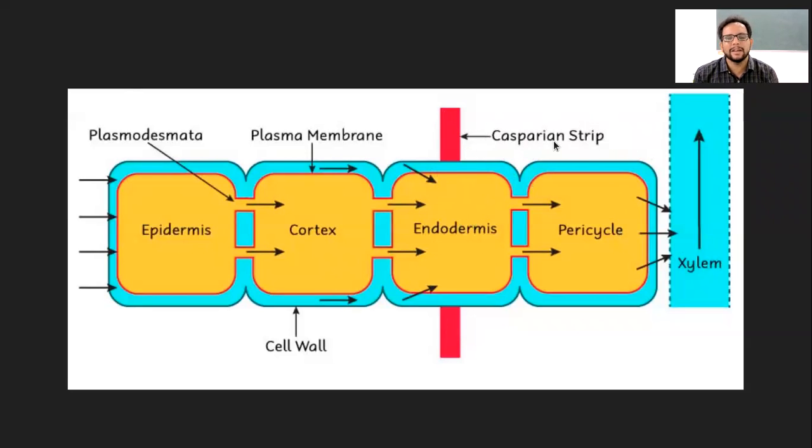And this is something like a leak proof mechanism of the wall, right? Let's say on the terrace you have a lot of water stored in a water tank, which is made up of cement, and you don't want that water to trickle down inside your room or house. So you do a kind of coating of certain material or certain cement, which does not allow leaking of water. Casparian strip is something like that.